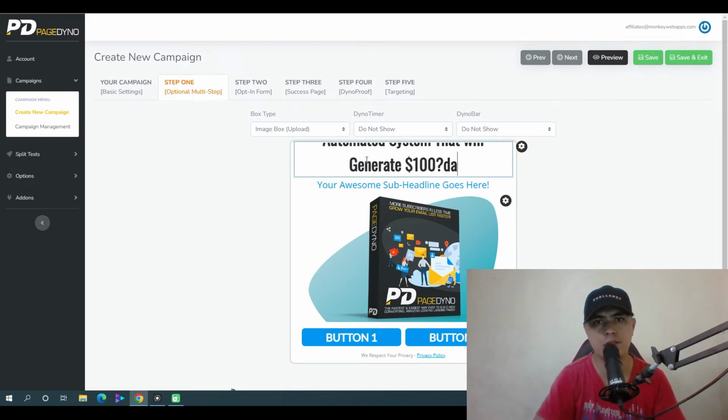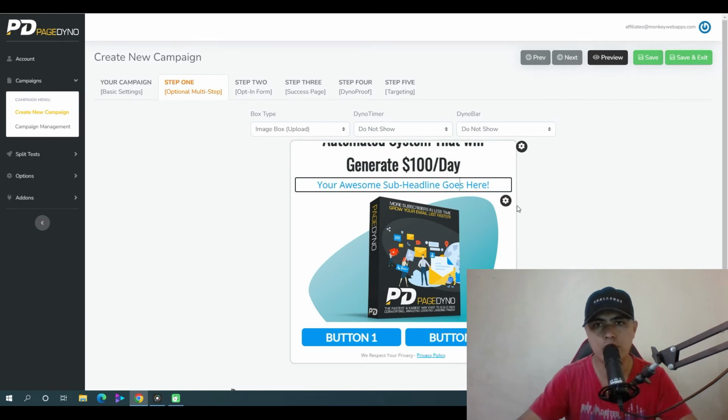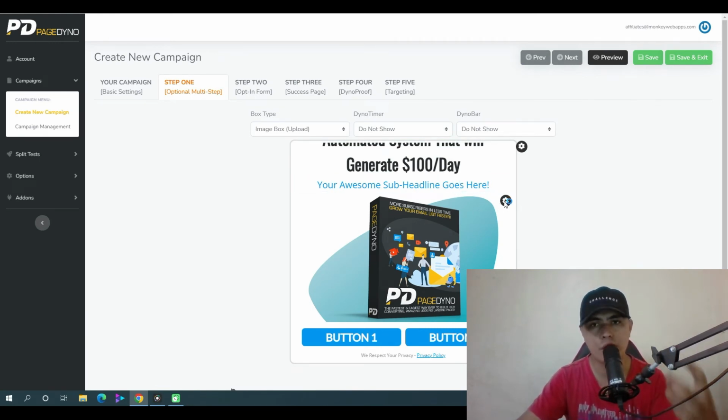All right, something like this. You can easily change the headline right here. You can change this image right here. You can click on this gear icon, and it will let you customize the color of that text right here. And you can customize the positioning of that text, by the way. And then you can also click on this image right here, and it will let you upload your own image